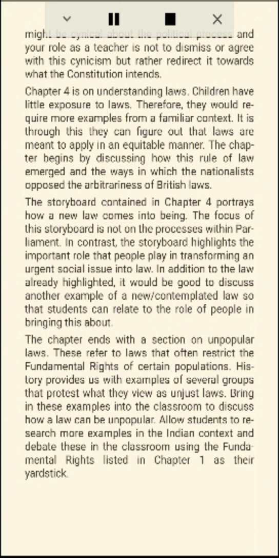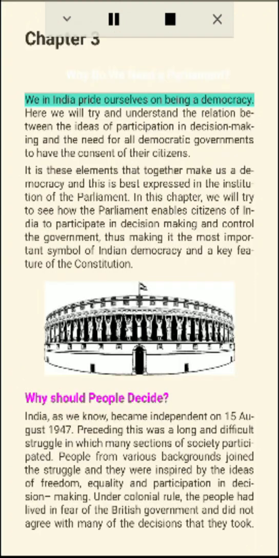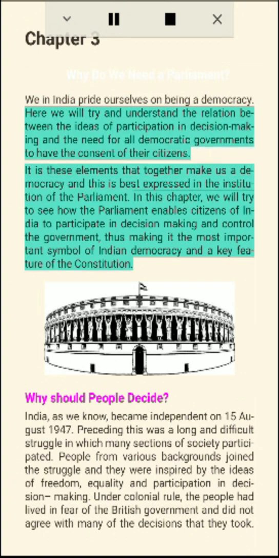Chapter 3: Why do we need a parliament? We in India pride ourselves on being a democracy. Here we will try and understand the relation between the ideas of participation in decision-making and the need for all democratic governments to have the consent of their citizens. It is these elements that together make us a democracy, and this is best expressed in the institution of the